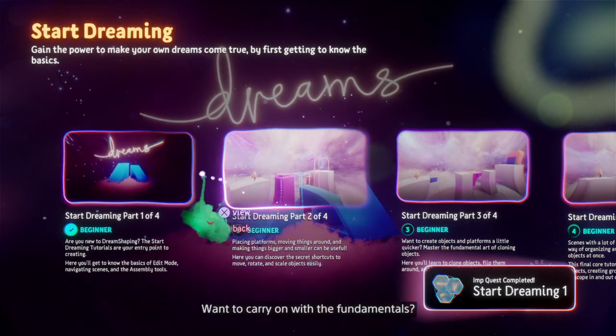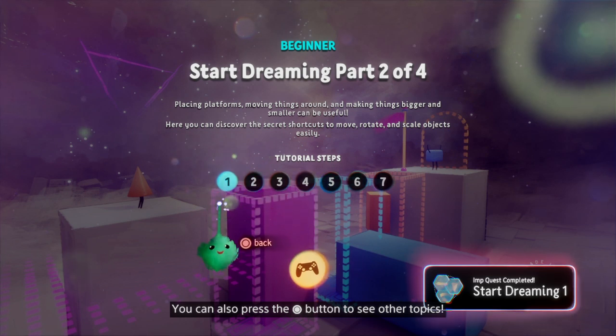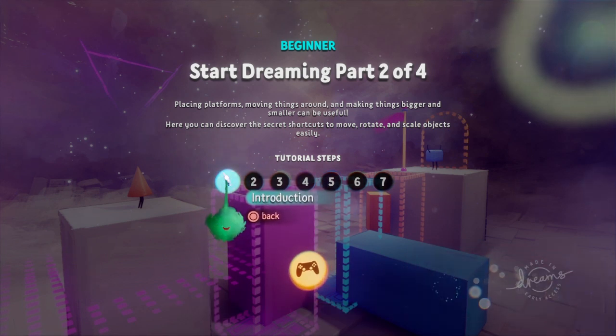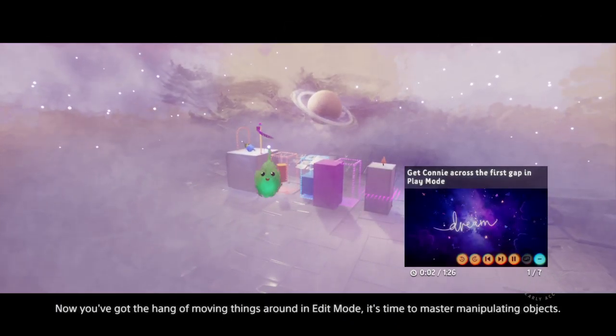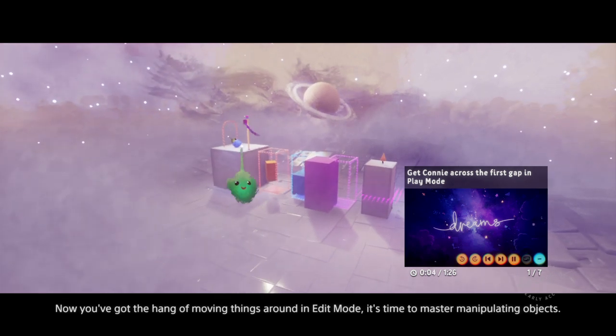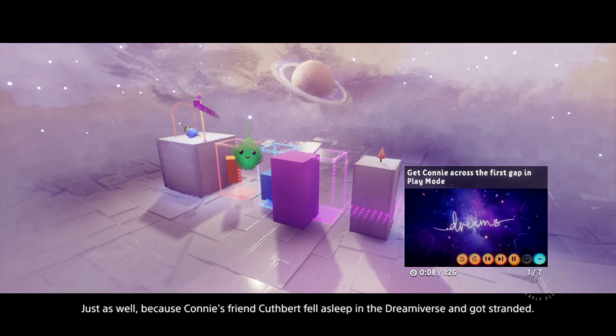Want to carry on with the fundamentals? You can also press the circle button to see other topics. Now you've got the hang of moving things around in edit mode, it's time to master manipulating objects. Just as well, because Connie's friend